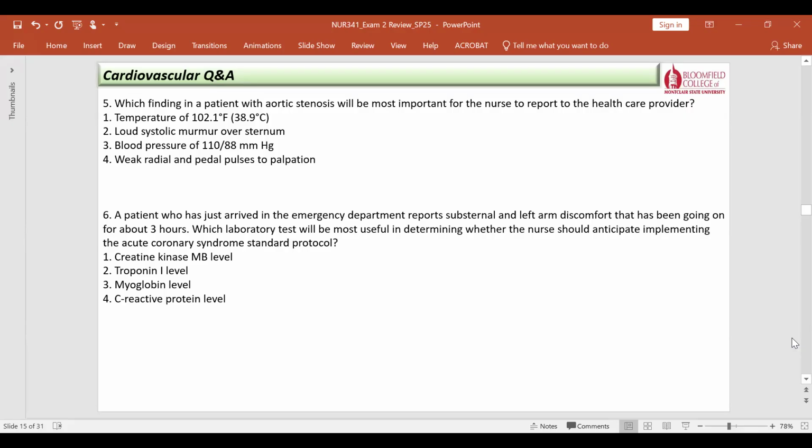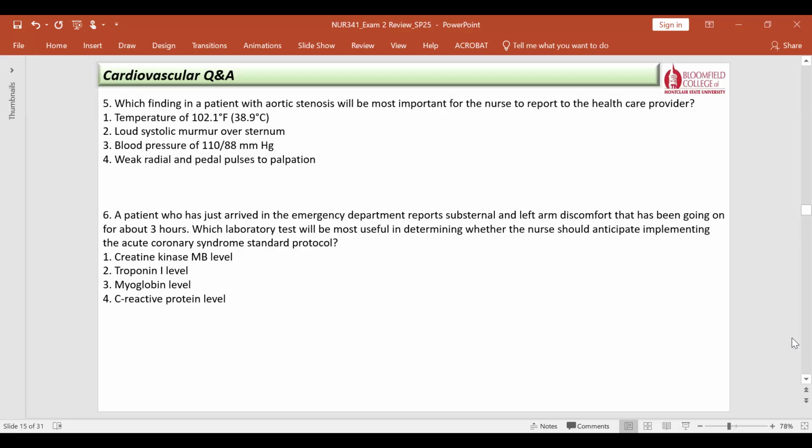So creatine kinase MB, or CKMB, and myoglobin levels will increase with acute MI, but CKMB levels will take about 6 hours to increase, and myoglobin is, I would say, non-specific. So the C-reactive protein, remember, I think I wrote it on the board,